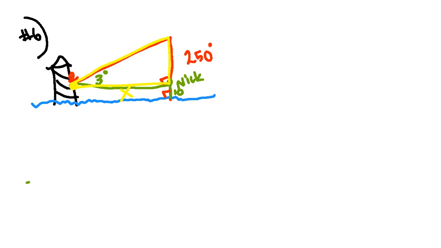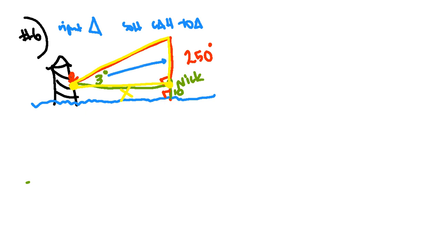All right, so this is not a complicated problem. We have a right triangle, so we can use either SOH, CAH, or TOA. How did I know that? Because it's a right triangle. If you have a right triangle, you can use one of these basic trig functions. If I look at my angle, I have my opposite